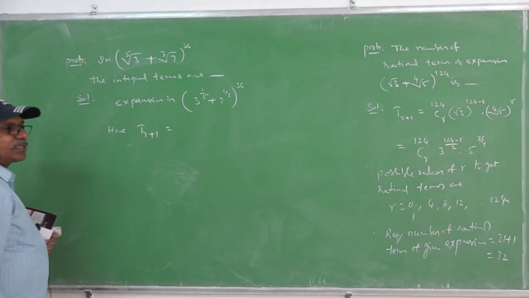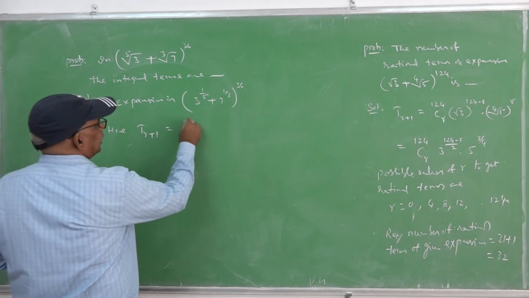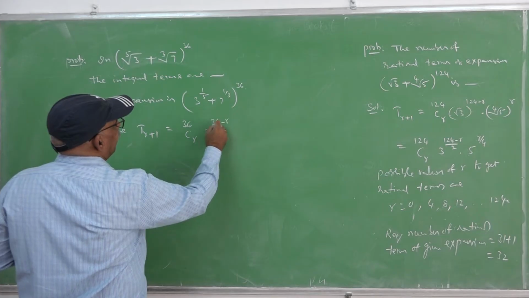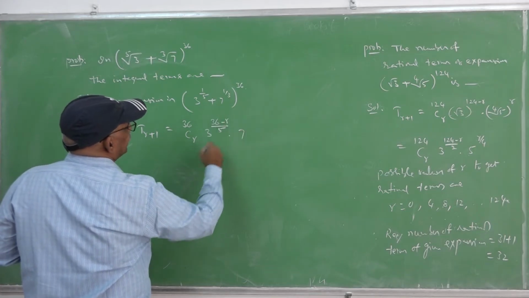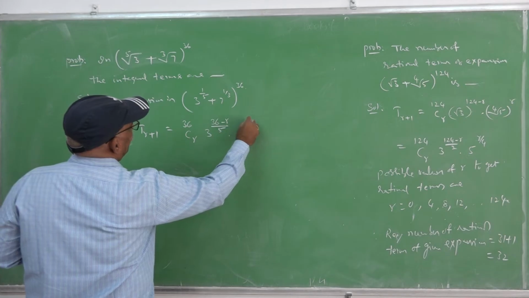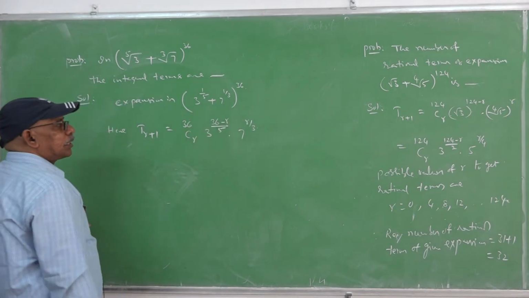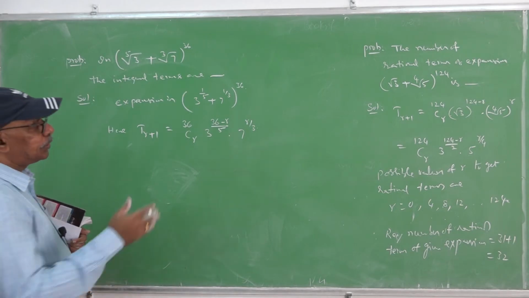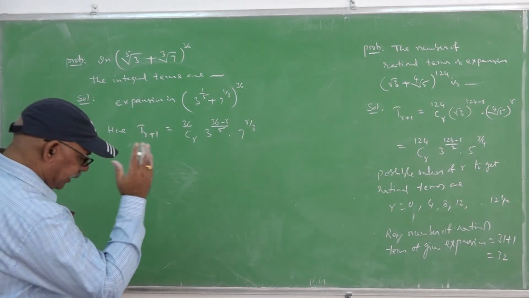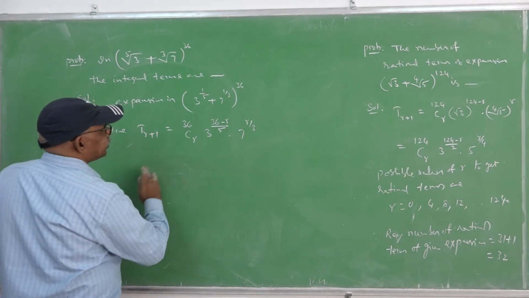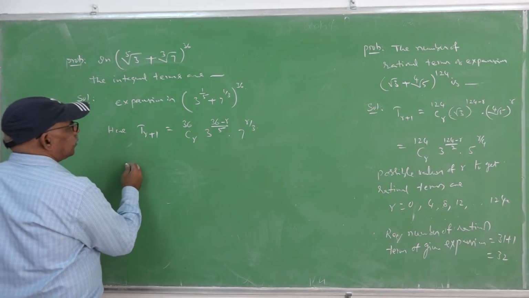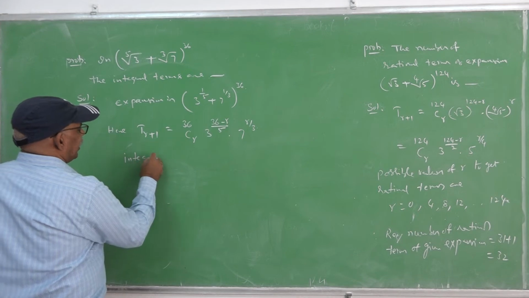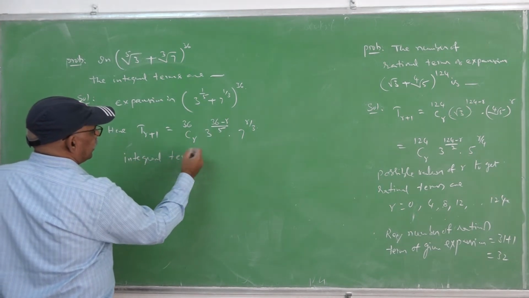Write the general term of the expansion. The general term of the expansion is 36Cr, 3 power (36 minus r) by 5, into 7 power r by 3. This is the general term of the expansion. Now choose r so that these powers are integer powers. That is possible for the integer term, or integral term. Integral terms are obtained for